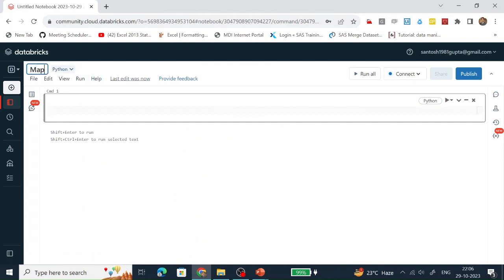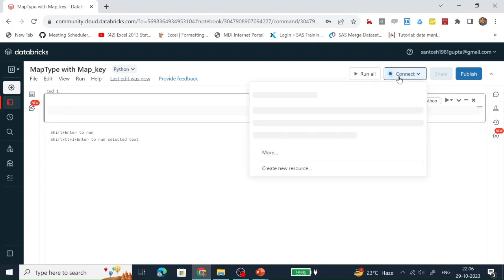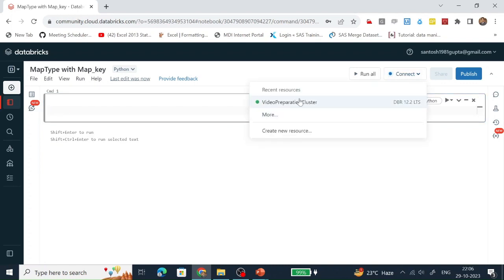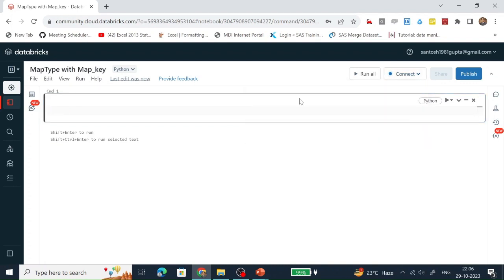Rename it map type with map key. First, let's import all the required libraries. Before importing the required library, let's connect this notebook with the currently running cluster.